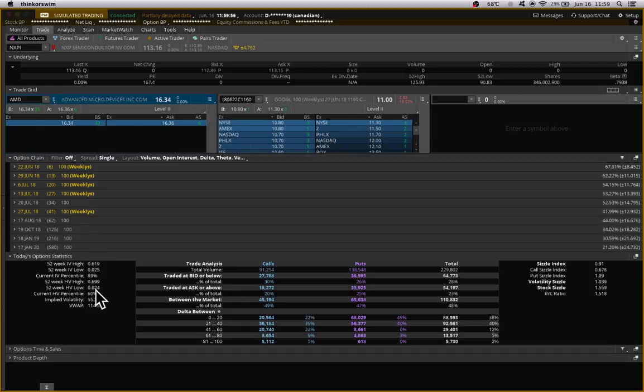There we go. So right now, implied volatility is 55, and current IV percentile is 89. So we're 90% above everything we've ever traded in terms of IV in the last year. And you can see that. So take this number, 55,